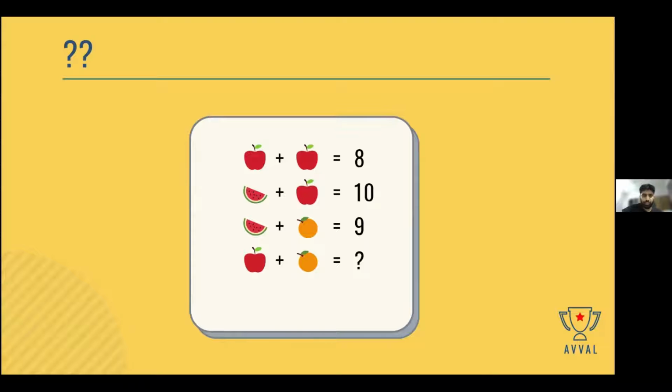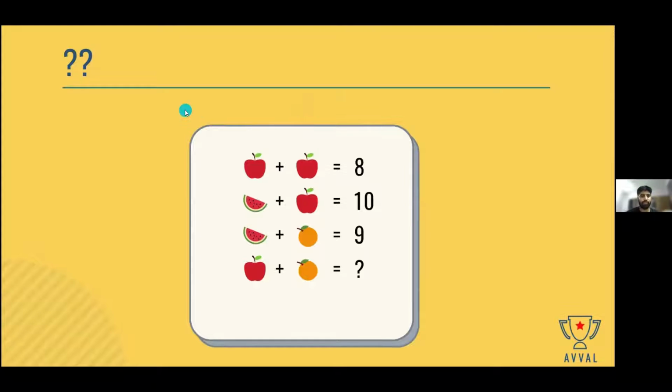So each object here that you see, whether it's an apple or an orange, corresponds to a number. So who can tell me how much is an apple and an orange equal to? If you add an apple and an orange, what is that equal to? This is very easy. Let's see who gets it first. It's simple. So again, as I said, what I like in math is taking the right approach, and the right approach is also always the simplest approach.